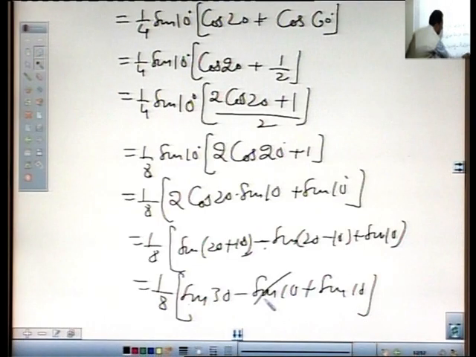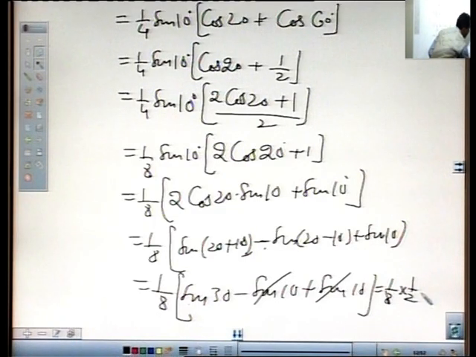Minus sin 10 and plus sin 10 cancel, and sin 30 is 1 over 2, and this equals 1 over 8 into 1 over 2, equal to 1 over 16